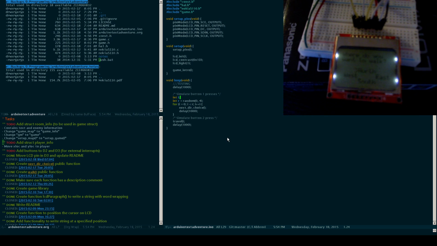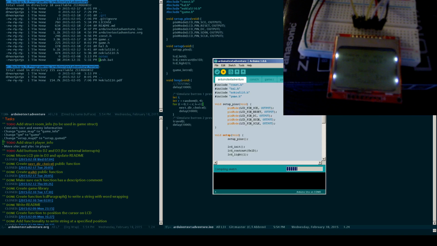You know how there's north, east, south, and west. This button just cycles through those options, and then button 2 selects the option that it's on. So if I just run this,